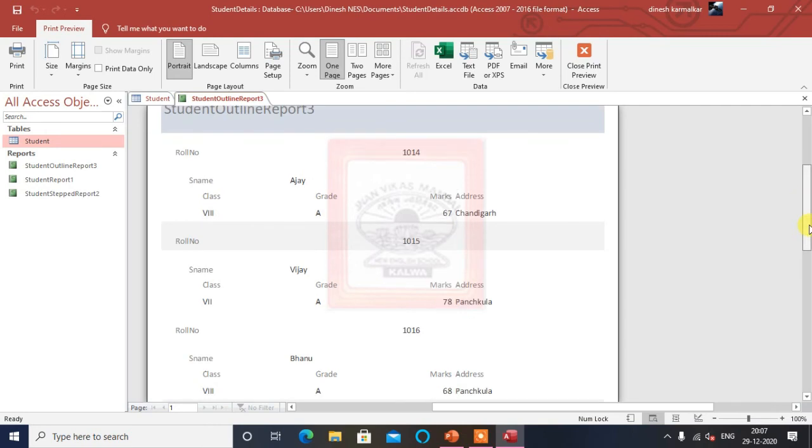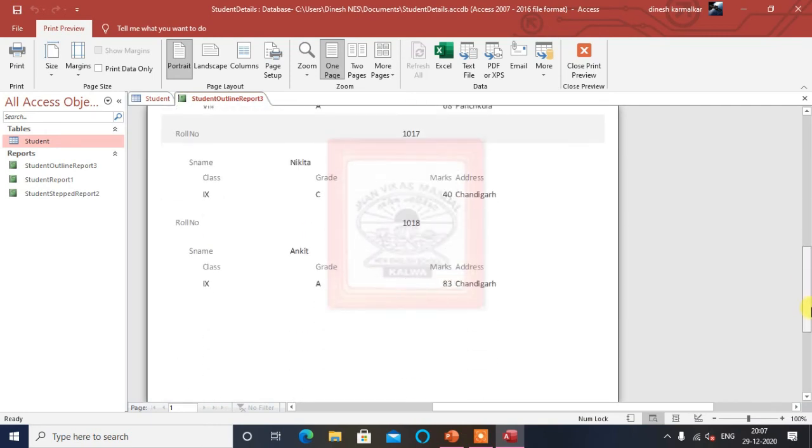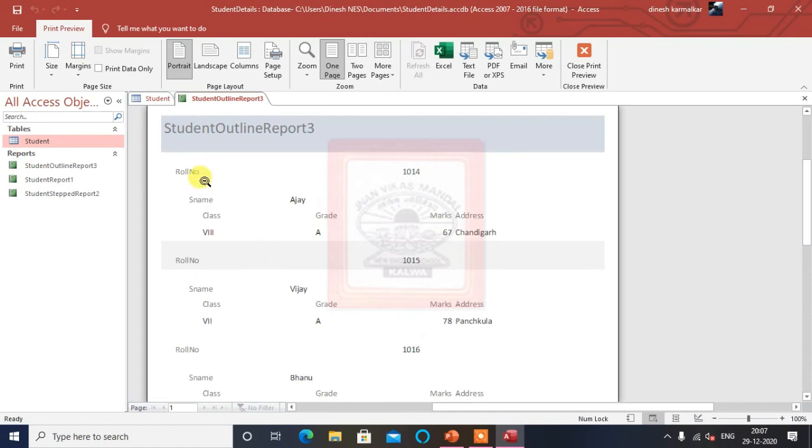Then this is different. So for every record there are individual headings, and you can easily distinguish the roll number here and all the records. So this is a very elaborate form of showing the reports. Roll number is on one line, the student name is on one line. These are the two groups here. The first group is roll number, the second group is student name, and then in the last group you are getting these 4 fields.